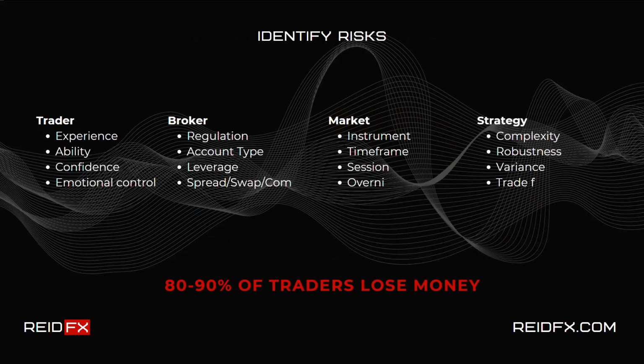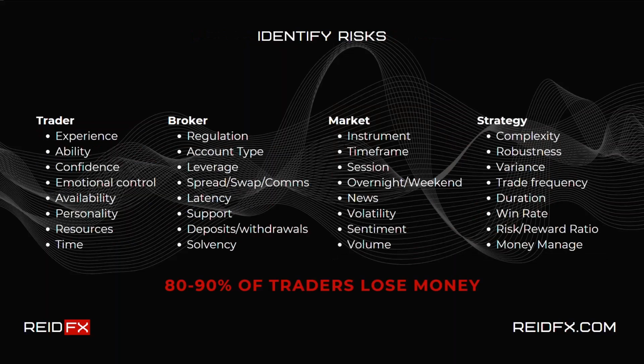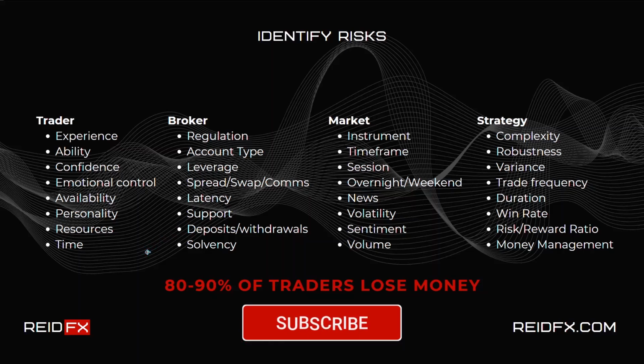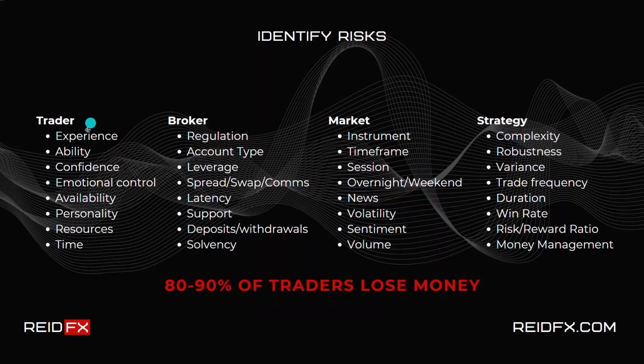Now, we know that 80 to 90% of traders lose money, and what we have on the screen right now is a huge list of risks broken down into sections, okay? And I'm sure you can think of somebody you know, another trader, or even yourself, who has lost money for most of the reasons on this slide right now. So let's take a typical example, time. How many times have you seen people either miss a trade and not make money, or enter a trade and then not have the time to manage it and then lose money because of it?